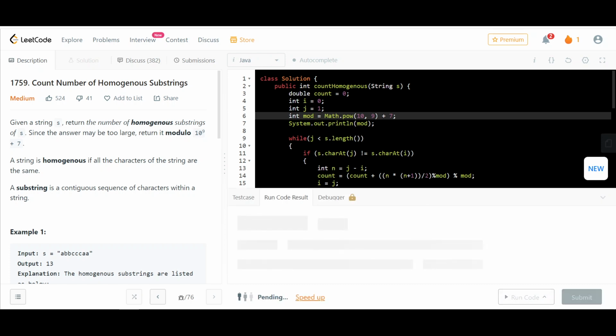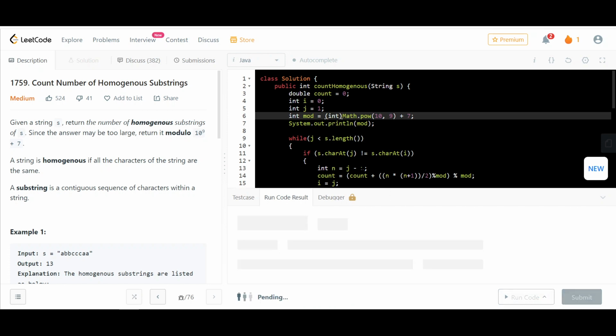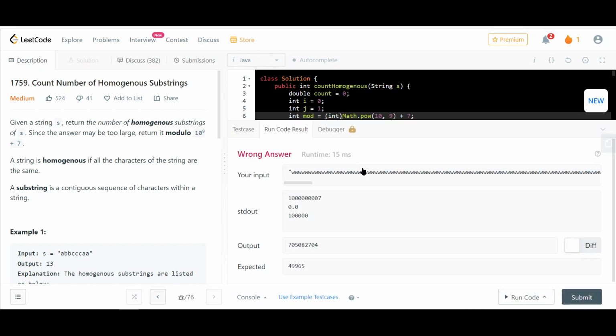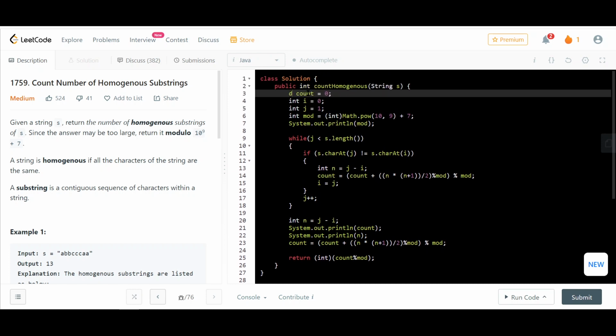Yeah, okay, possible lossy conversion from double to int. Okay, so this is fine. How about I keep the count as int only,